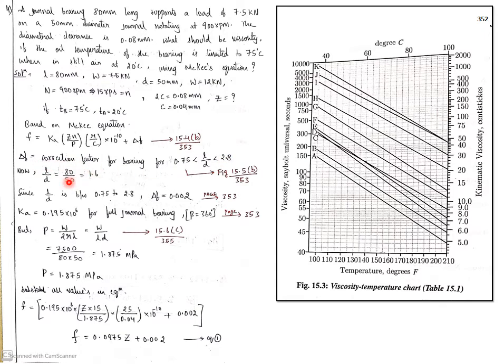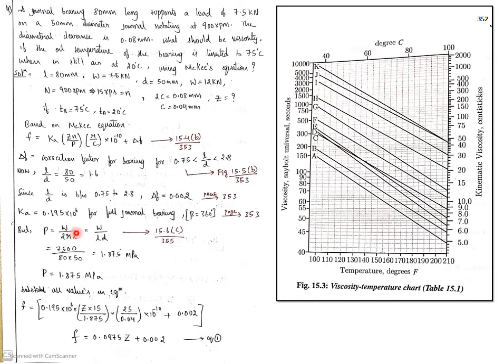From the figure on page 353, now you check L by D as 80 by 50, that is L by D as 1.6. If you substitute 1.6 here, it is in between these two. Now delta F is 0.02, that you will get from page number 353. Now Ka will be taken as a given value from the data handbook. It is considered as a full journal bearing. Beta is equal to 360 degrees, the angle. Now we will also be reading page number 353.